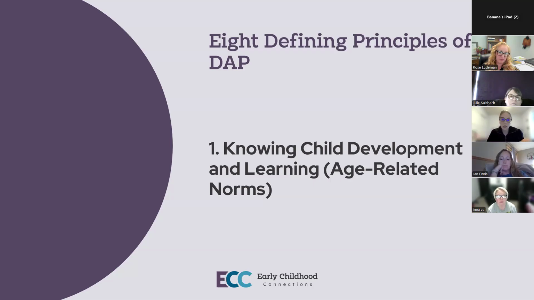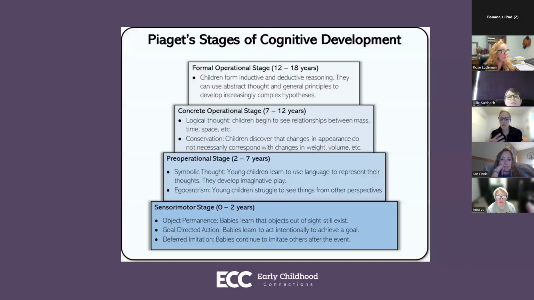So one of the big gurus in this, of course, is Piaget, and he highlights some work around cognitive development, helping us understand when students start to understand that an object that's hidden is still going to be there, even if someone hides it. So this idea of peekaboo, right? Once a child moves out of that 0 to 2 age, they start to understand symbolic thought and representation of ideas. They can know that an image or a person is going to stay there, and they don't have to have that emotional fear or worry.